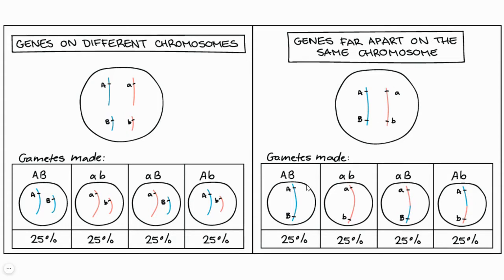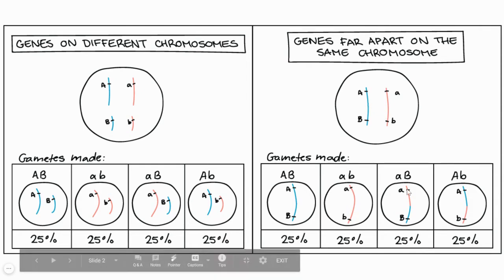In the second case, four different types of gametes will be formed here, but two types of gametes are exactly the same as the mother cell, that is capital A and capital B are together, and small a and small b are together in the gamete. But there are two variants of gametes which are recombinants, meaning they have characteristics which are fully new, not the same as the parents. One is this gamete where small a has now combined with capital B, and one is capital A and small b. What is the reason we are getting two recombinant types of gametes?